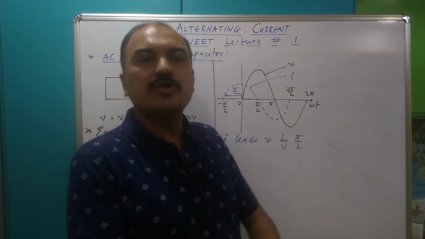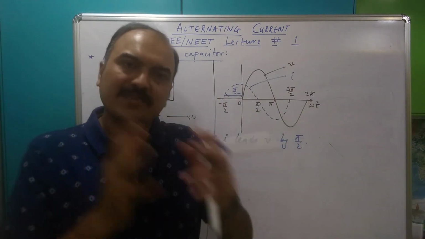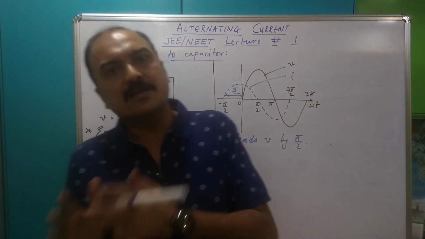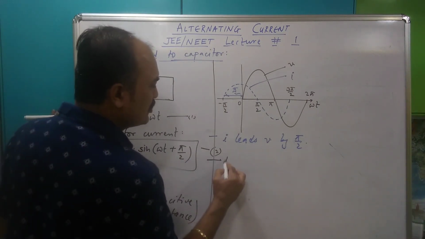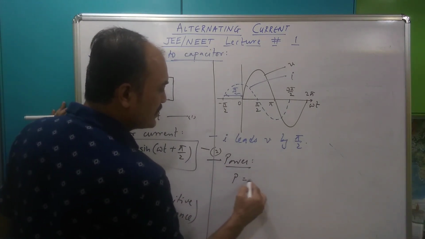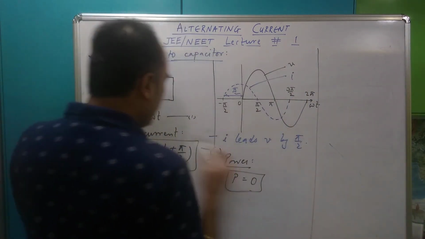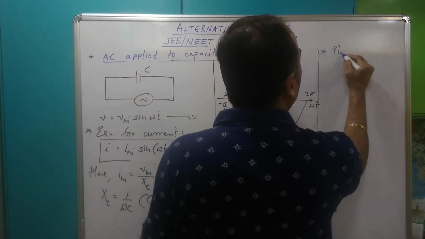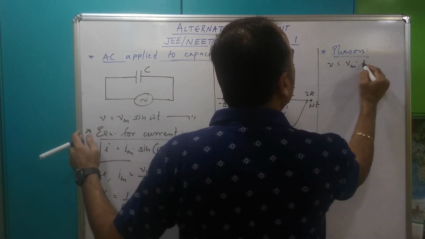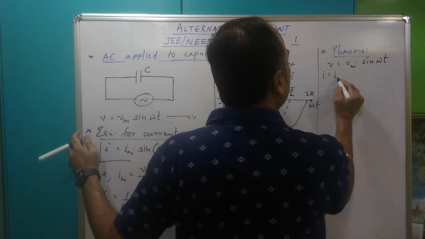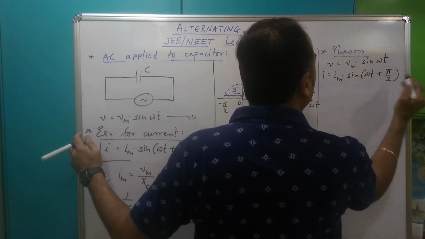Current is leading voltage by pi by 2. And I had also said that whenever the capacitor in a circuit is powerful, current will lead. I have the capacity to lead. So if the capacitor is powerful, current will lead. So I leads by pi by 2. Also, the real power consumed by a capacitor over one whole cycle is 0. And finally, zeroing in on the phasors. We got equations for voltage and current: V is equal to Vm sin omega t and I is equal to Im sin(omega t plus pi by 2). And allow me to draw the phasor.